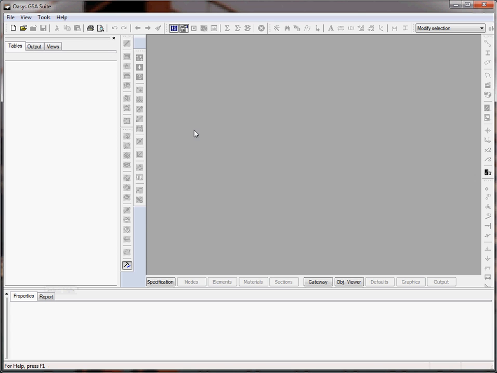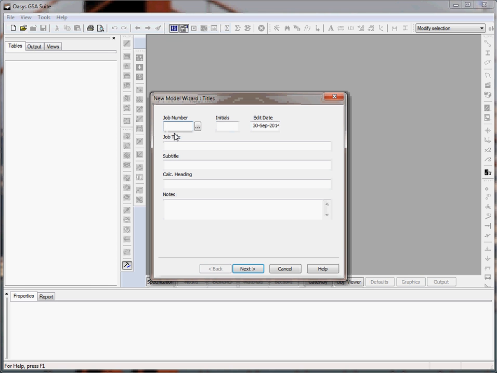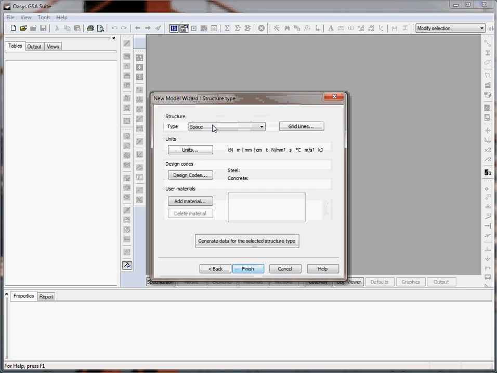design theory handout. The first thing that we need to do is to create a new file, so we're going to go to File, New. This window will pop up. It essentially enables you to input information about your project. This does not influence your result in any way, so you do not have to complete this information if you don't wish to. If you click on Next, the next thing we're going to do is define the type of